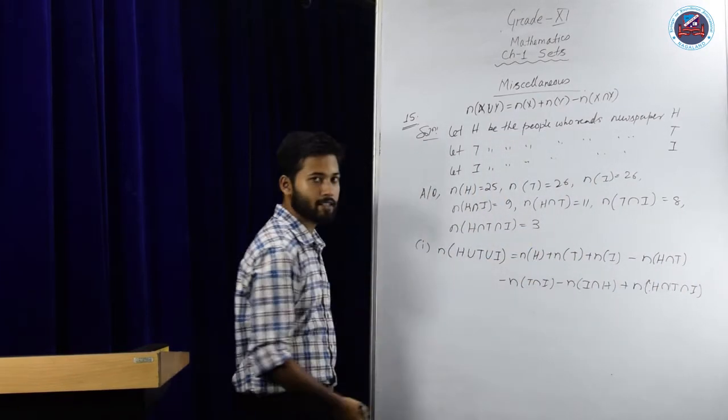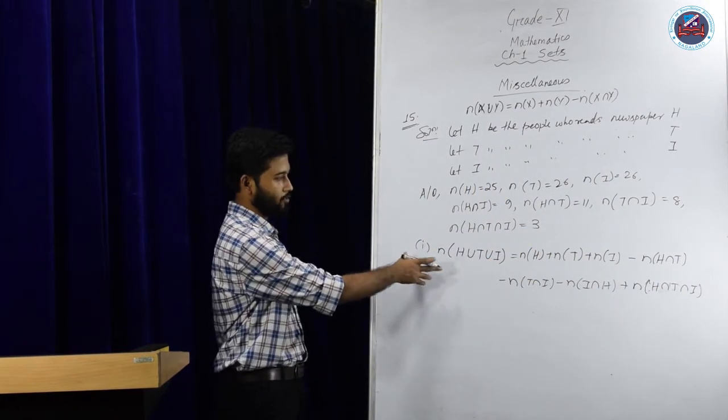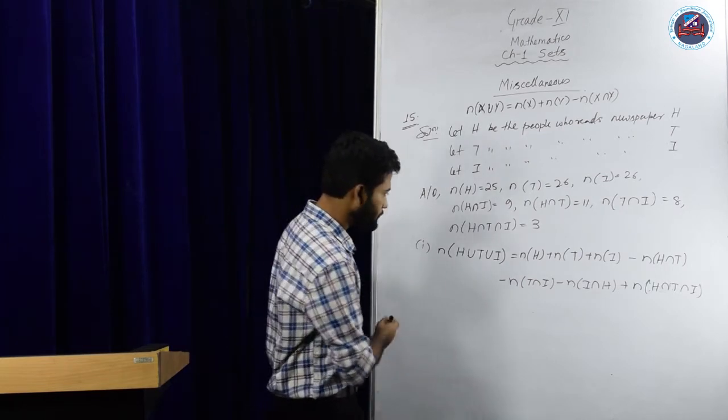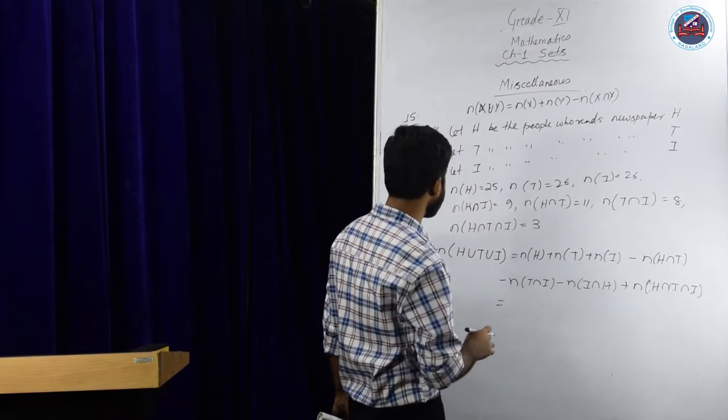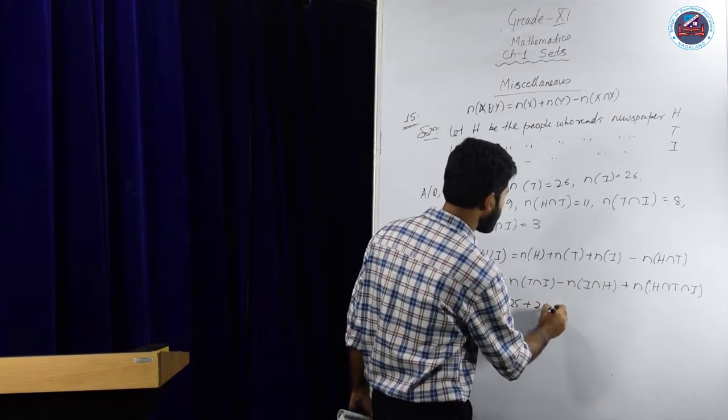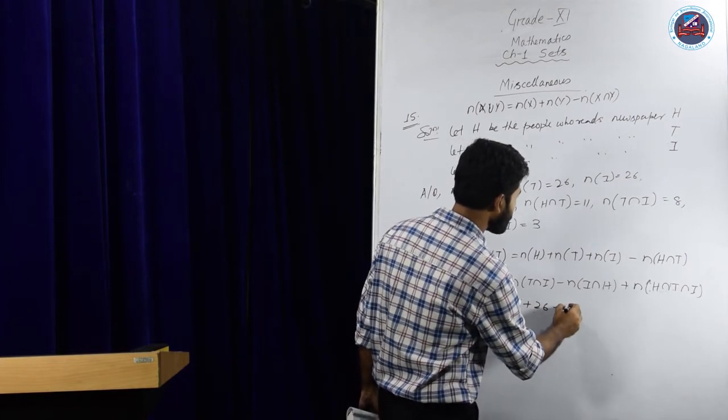So you can check this case by drawing the Venn diagram for 3 sets, just try it, you will get this result. Okay. Now what is our n of H? It is given 25, n of T is 26, n of I is 26,